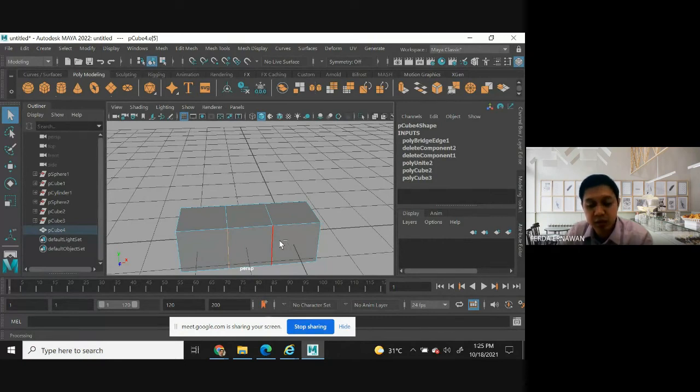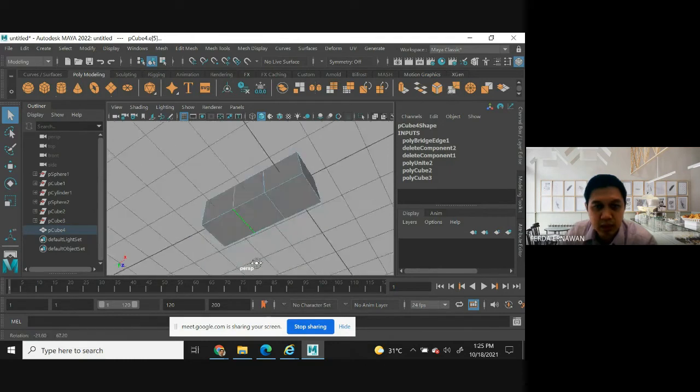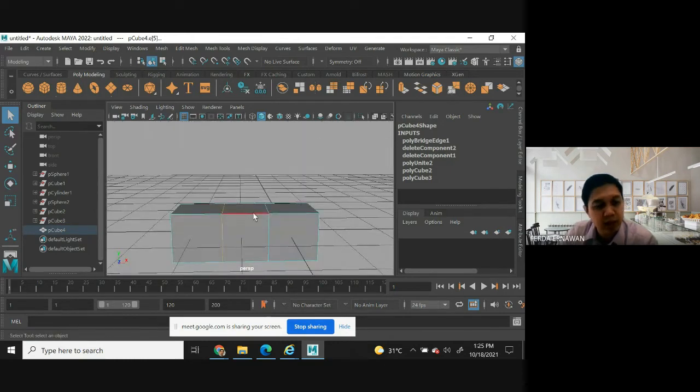You can double click or you can click once. If you double click, it shows the whole loop. And then press Control and Backspace like this.